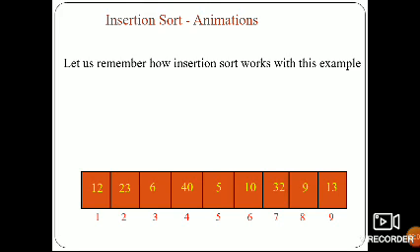Another example I am taking of how insertion sort works: 12, 23, 6, 40, 5, 10, 32, 9 and 13. It is totally unsorted. 12 and 23 are in order only, so there is no need to exchange. No need. The cursor will move to the next, the third element. 23 and 6, now we need to exchange.